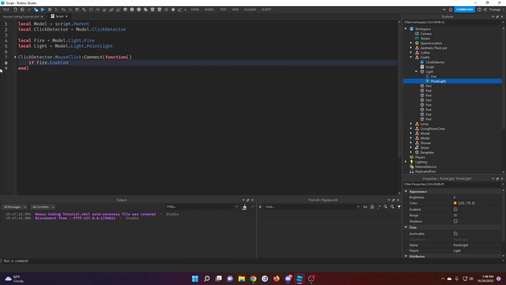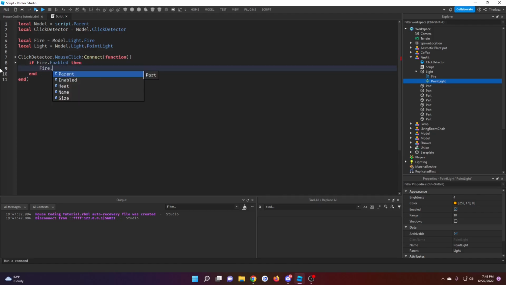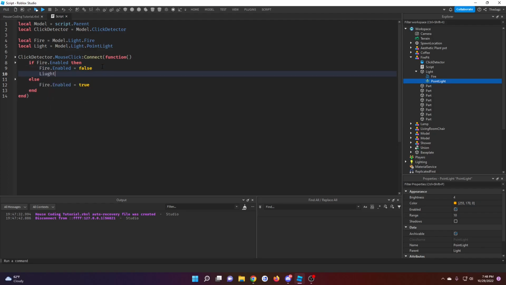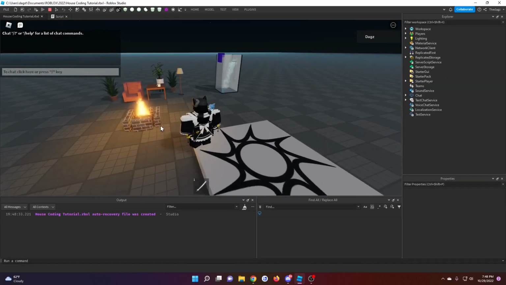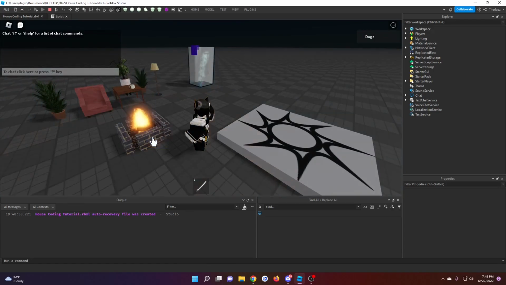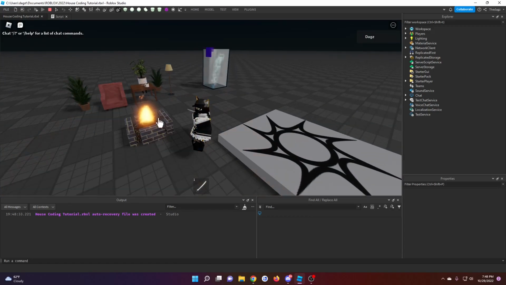If fire is enabled, then disable it. Else, else if it is disabled, then enable it. And we'll go ahead and write the light code here too. Now we're going to test it. See, it turns off and it turns back on. So very similar to the lamp